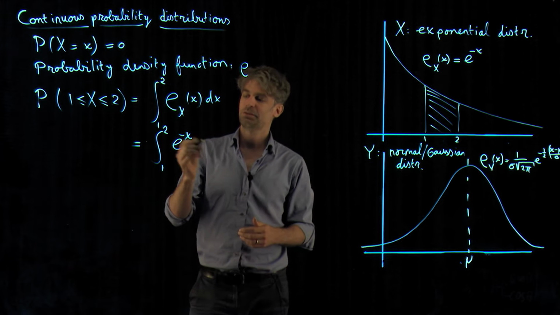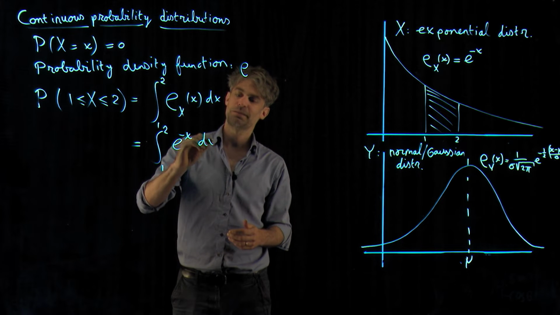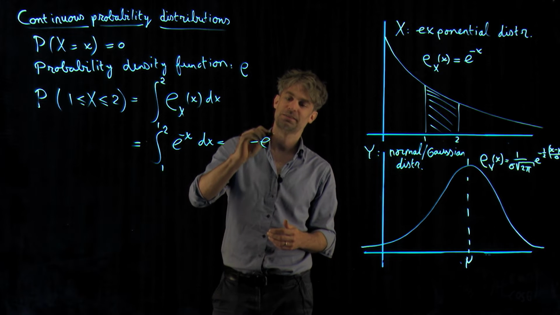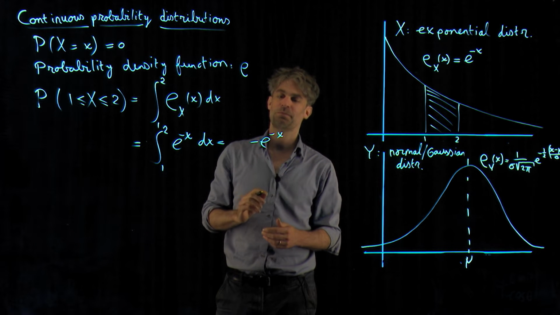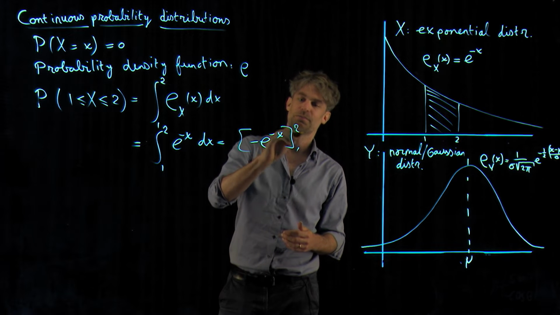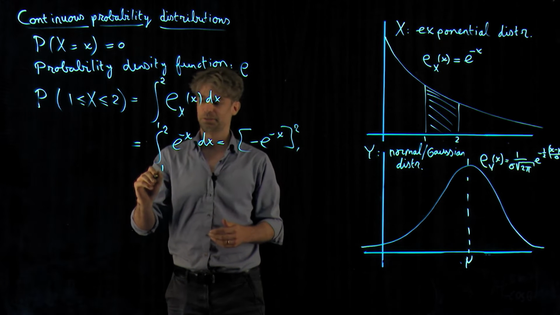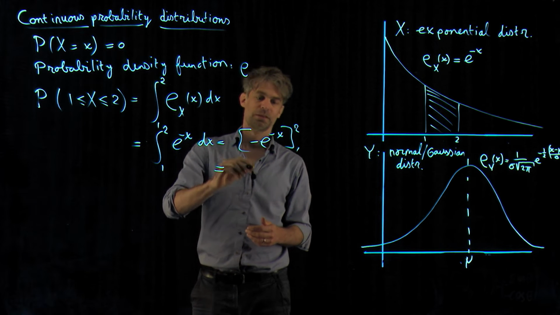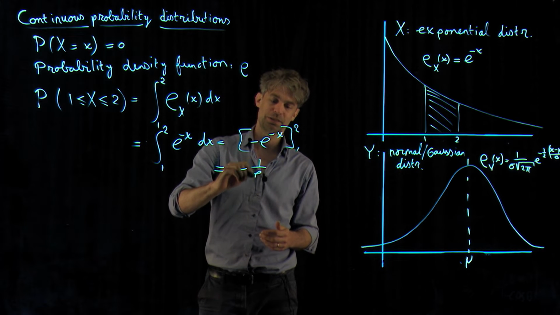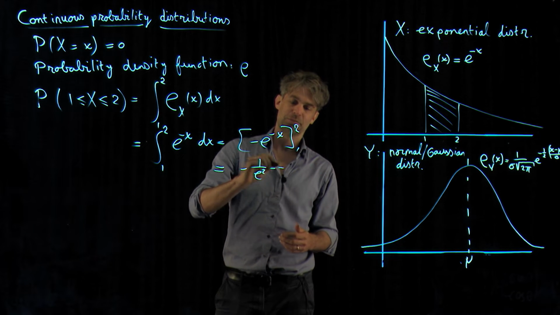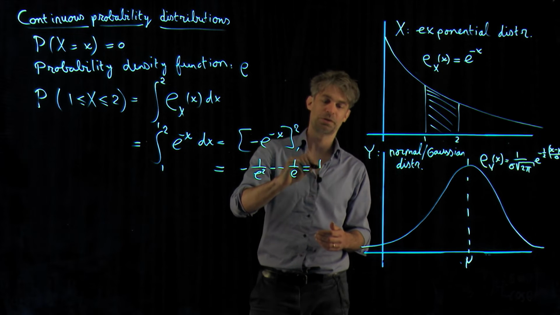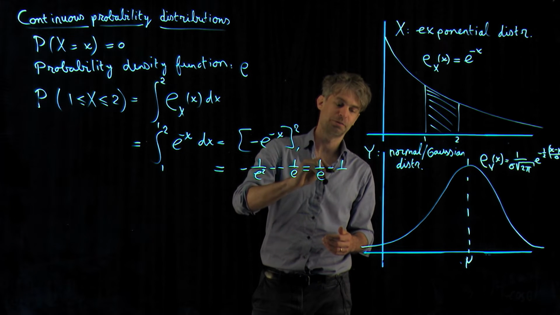It's this function, and we can find the antiderivative, which is minus e to the power minus x, and then we just plug in the boundary values, and there you go. You get minus 1 over e squared minus 1 over e,